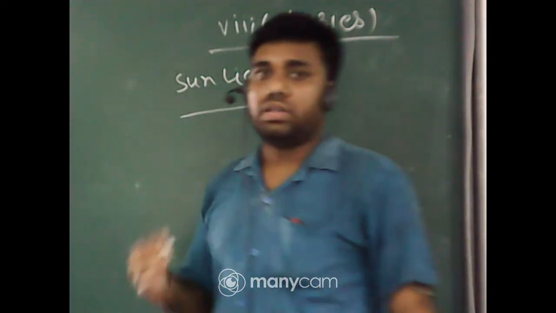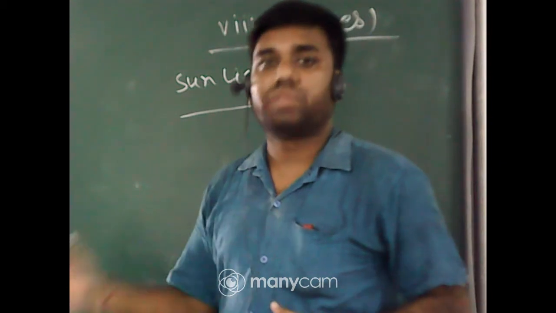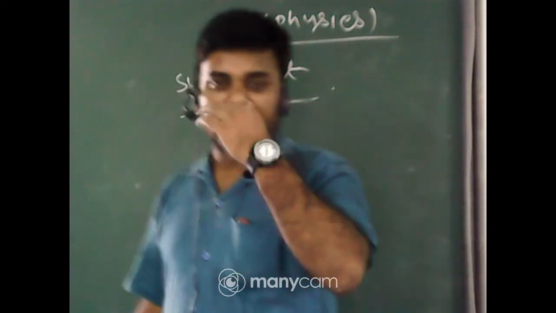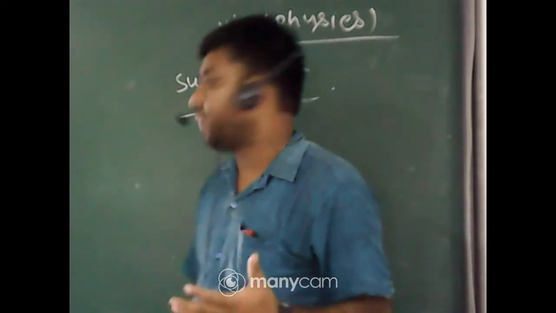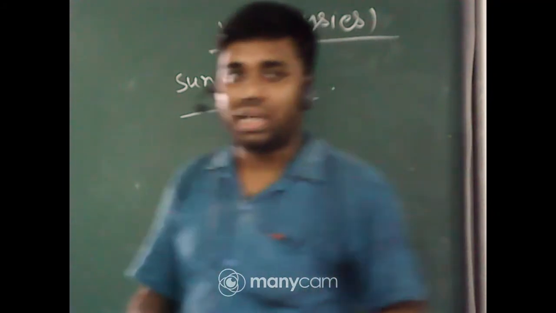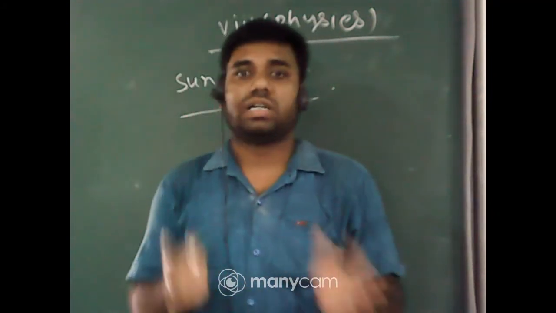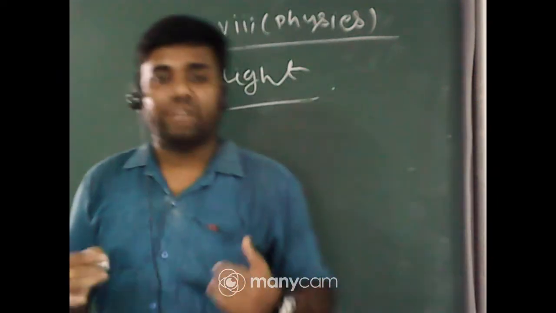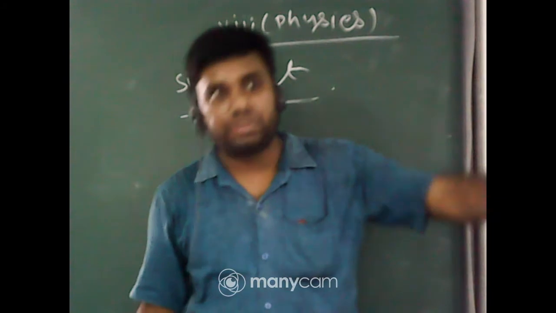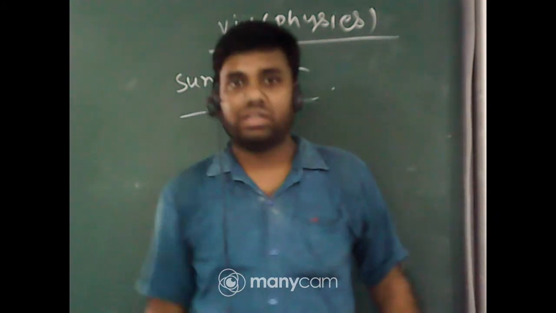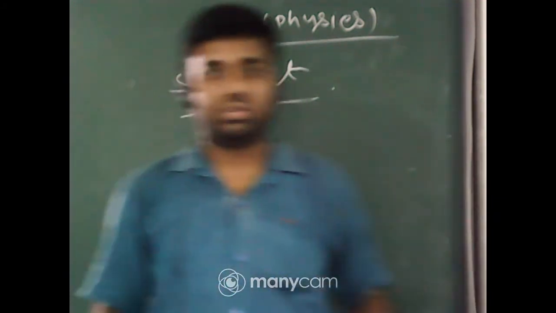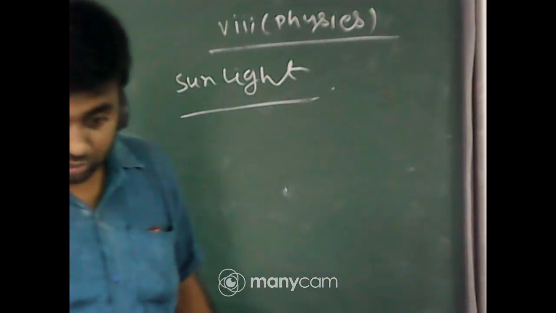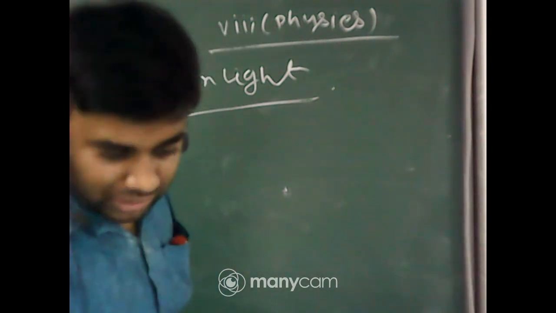That is the constitution of sunlight. It consists of 7 component colors. And next thing, dispersion. I have done that phenomenon in which sunlight splits into 7 component colors. That incident is known as dispersion. If sunlight passes through a glass prism, then it splits into 7 colors. That incident is known as dispersion.